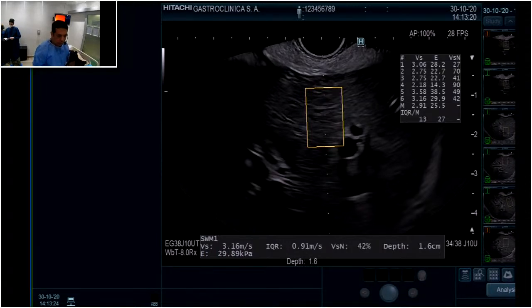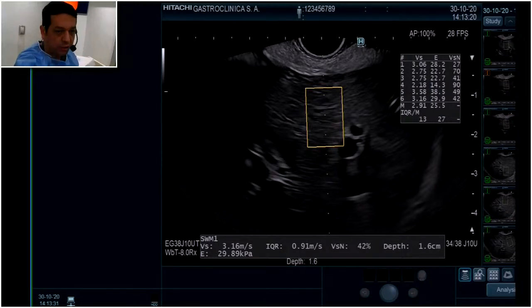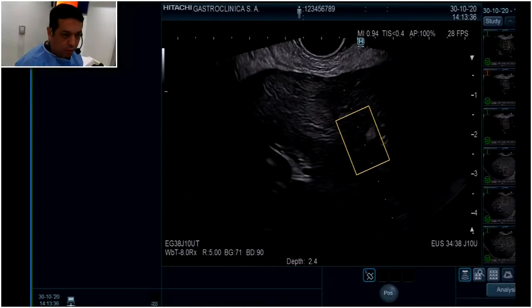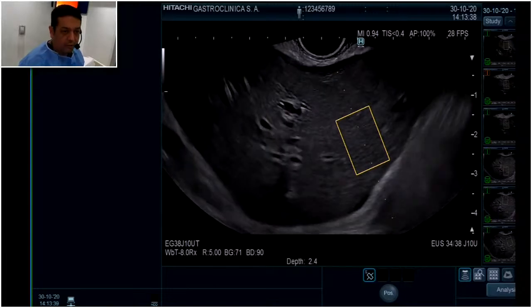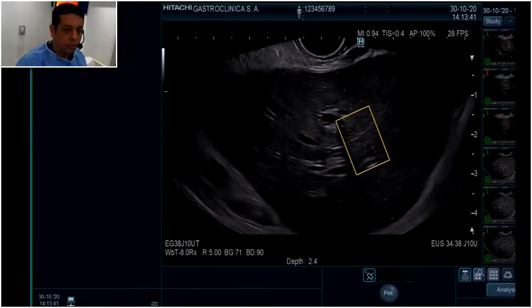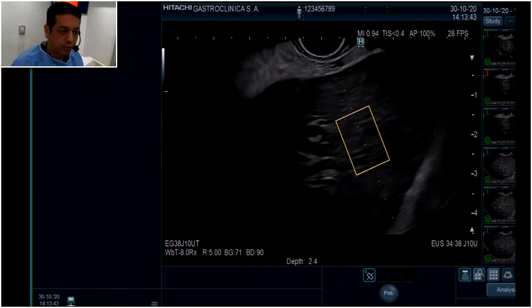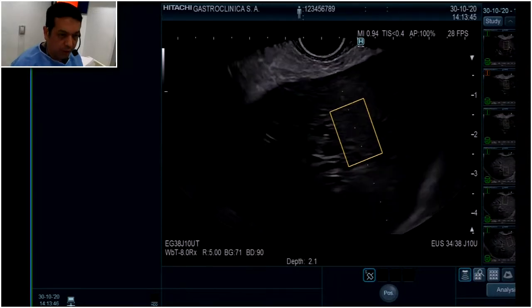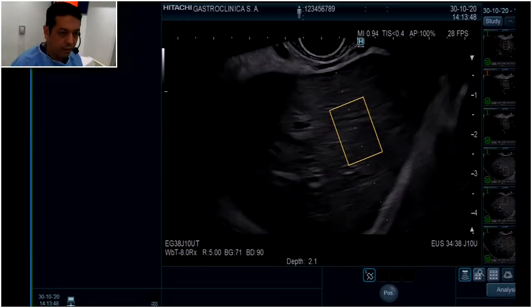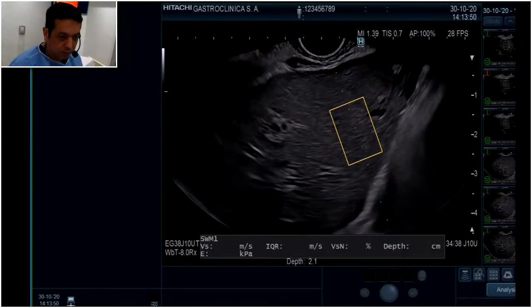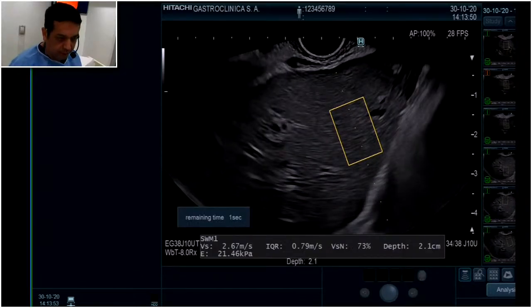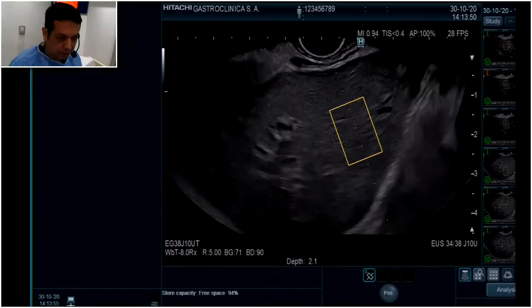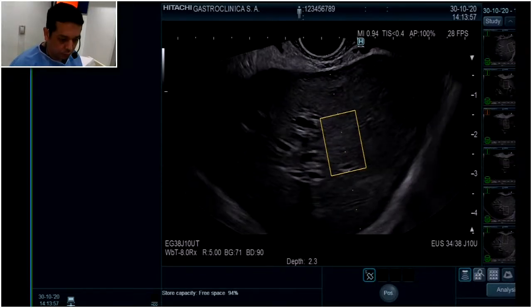So 29. So you see in the monitor we see a lot of measures: 22, 28, 22, 22, 14, 38, 29.9. And we can do some measures from other areas of the liver. So my idea is to evaluate or to take a biopsy from another region, or another area of interest. So maybe of this area we have less hard tissue. I am trying to evaluate